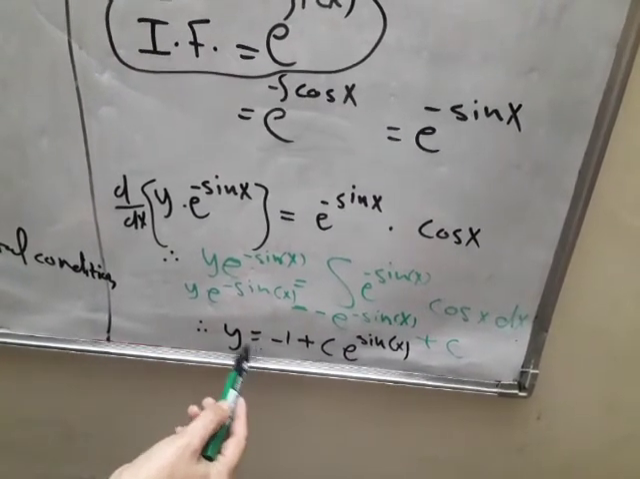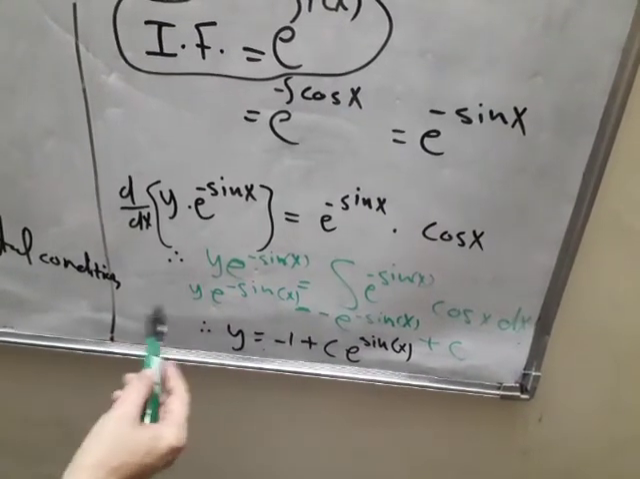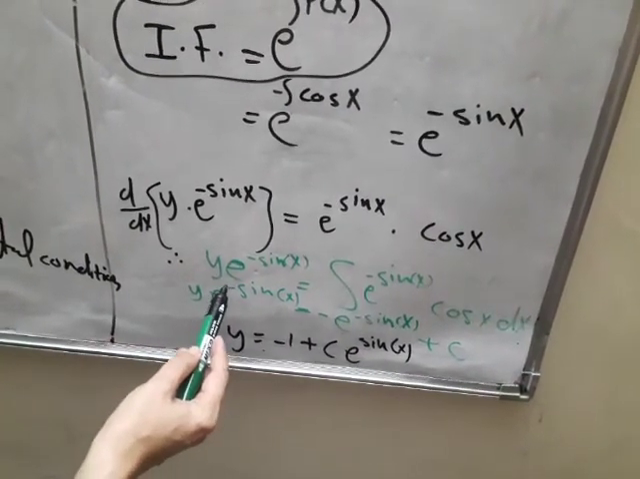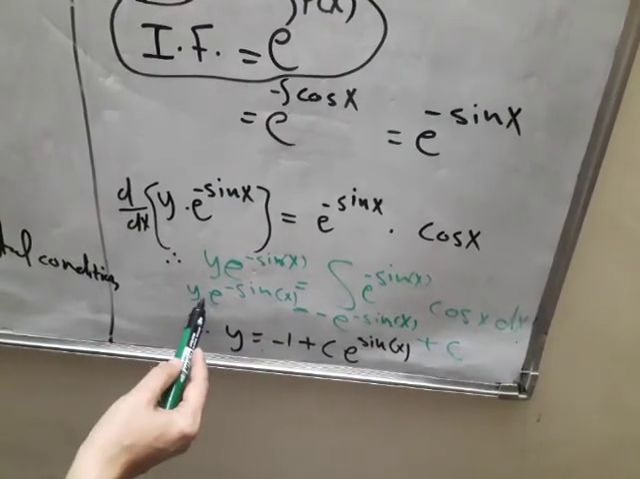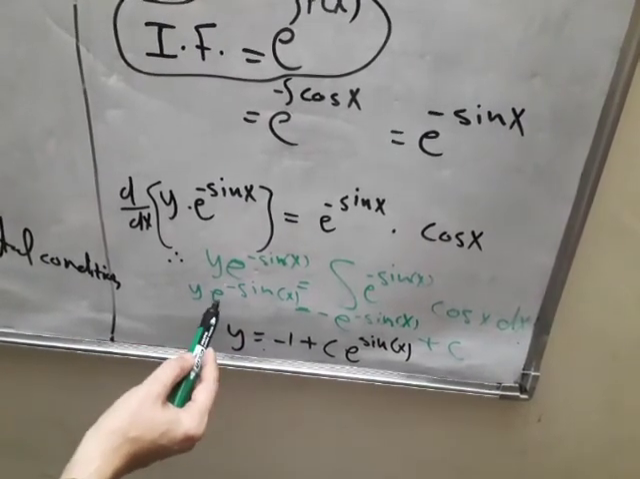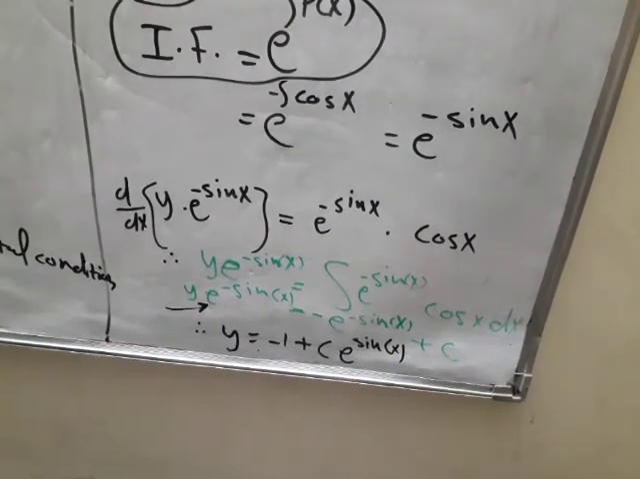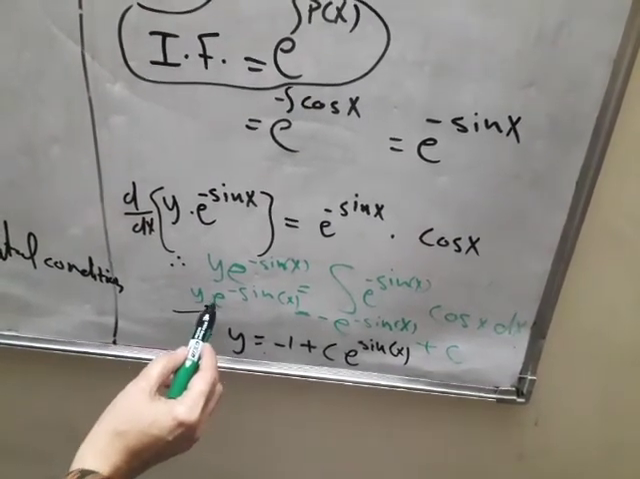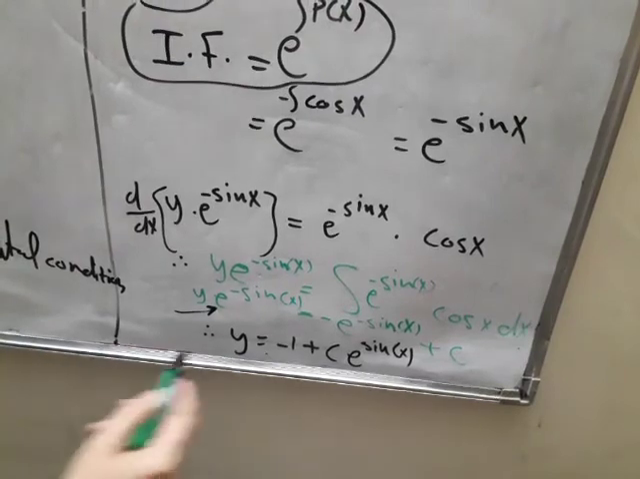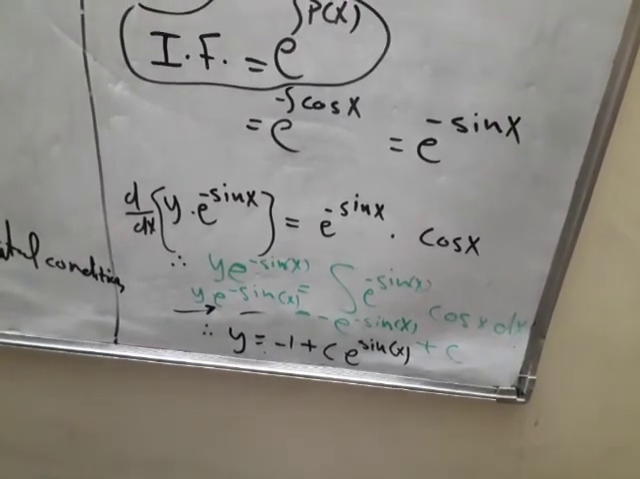This final solution is obtained by multiplying both sides by e to the plus sine x, not e to the minus sine x. To cancel this factor, we multiply both sides by exponential sine x. So the final solution is